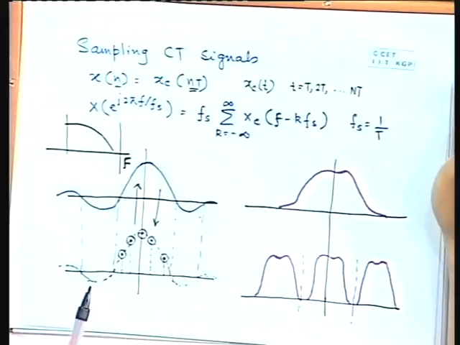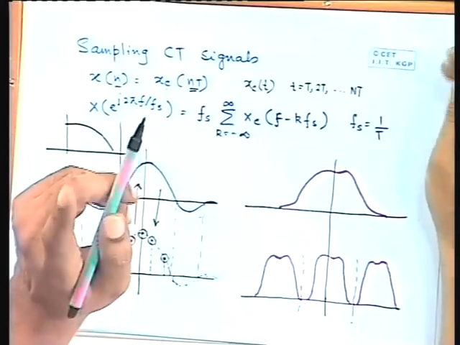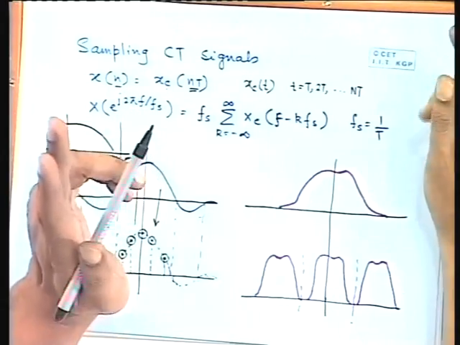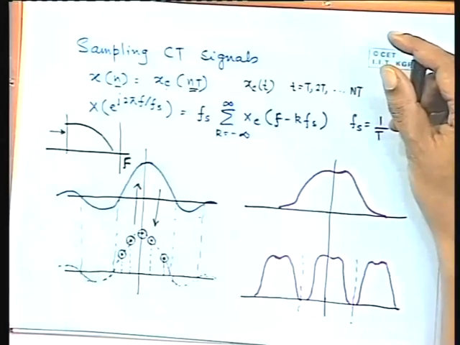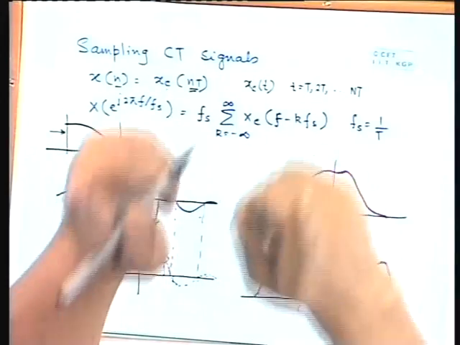So the first thing is that if you want to sample, we have to ensure two things. First, we have to ensure that the signal that we are sampling is band limited. So it has a bound on its frequency. If its frequency content goes on and on and on, you cannot sample it. At whatever rate you sample it, you are going to have trouble. That is why we put what is known as an anti-aliasing filter, just to ensure that the signal I am sampling is bounded in its spectrum. Its bandwidth is bounded, right?